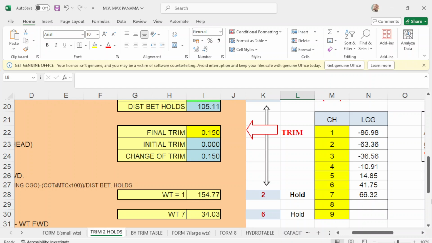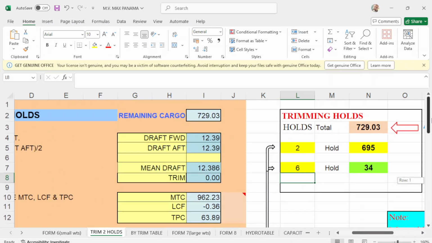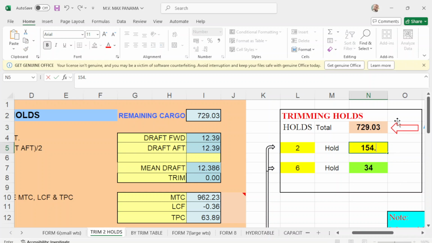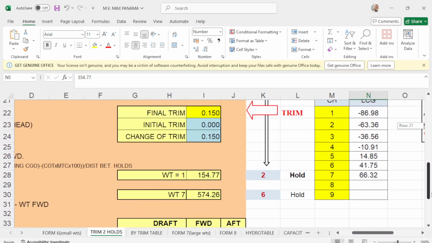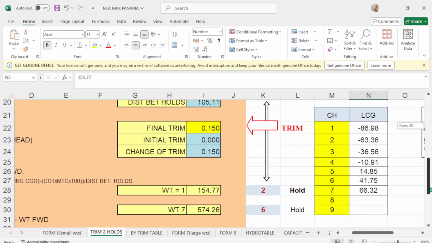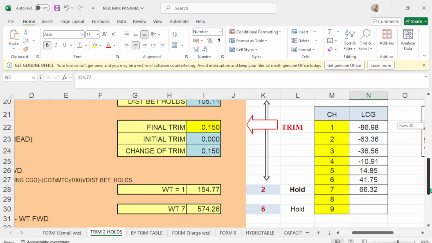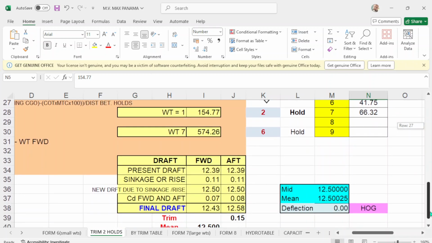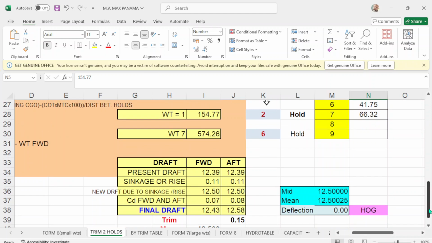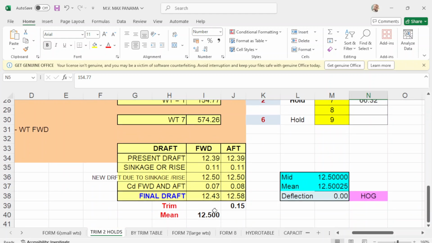Okay, 154.77, and number 6 should be 574. Okay, 574, and your draft forward should be 12.43, draft aft should be 12.58. You have 15 centimeters trim.